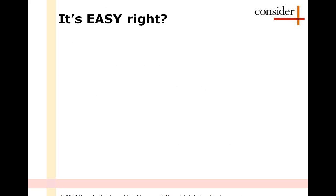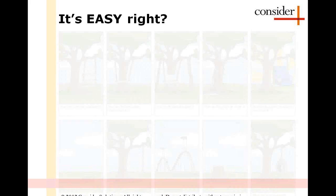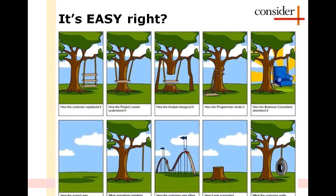So from what Steve's shown us, there's a bit of complexity, but it's easy, right? It's pretty obvious. I mean, the examples we've shown have been pretty classic standard accounting examples, so that's pretty relevant to every business, but obviously these things can apply to banking, insurance, or pharmaceuticals, or whatever business you're in. But in terms of how easy it is, I think it's always worth bearing in mind,